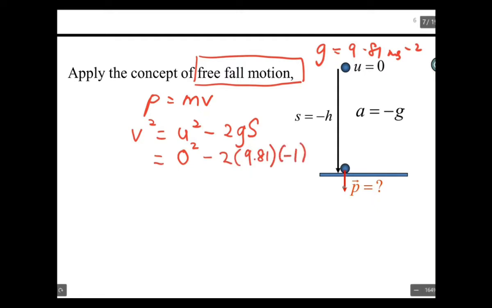Kenapa negative 1? Sebab below reference. Reference kita kat mana? Dekat bola yang kita release tadi. Squash ball ni. Dia release kat sini. So, bawah reference. Titik asal je lah. Sebelum dia release. So, bila below reference, so S akan jadi negative. Okay. So, kita dapat V is equal to